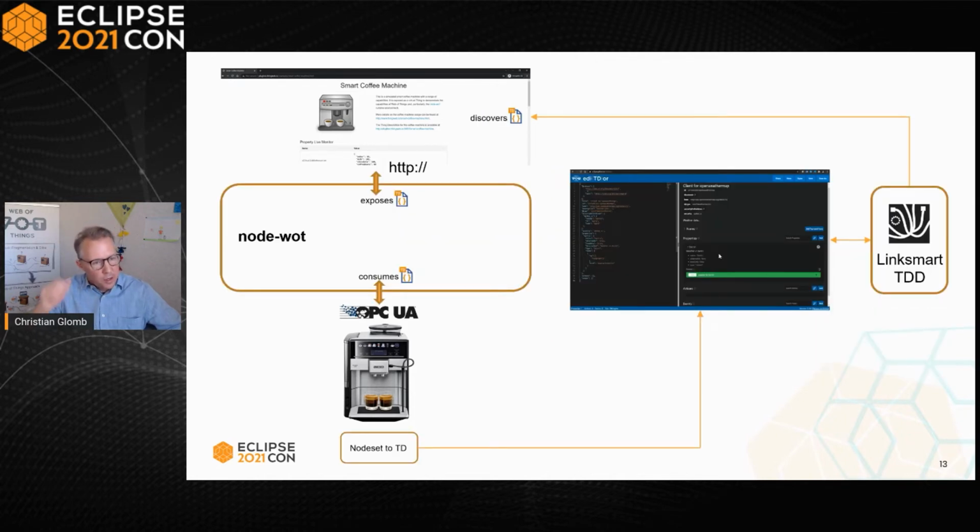This is a setup that is a straightforward one, not very surprising, of course, for some people here in the round, but which is something that you can implement with our contributions to Eclipse IoT. So first of all, we have a gateway in between, so a protocol translator, and we're using our node-wot implementation for doing the protocol translation, for implementing the gateway. A bit special here is that we describe both ends of the gateway, so both southbound border